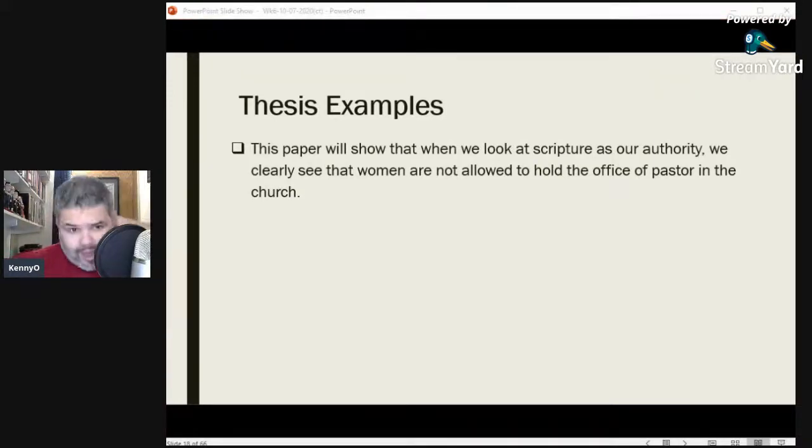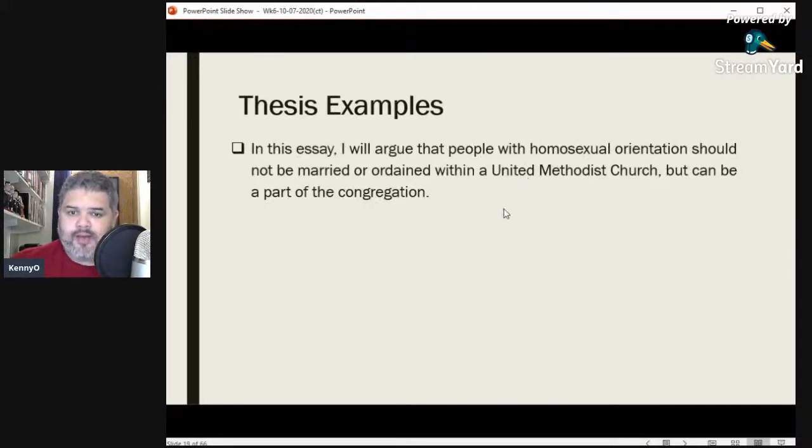I think these were A- papers in my class. Both were well done. These are good thesis statements and good papers. I'm not asking you to agree with me on the topic. That's not the point. The point is I want you to set forth a thesis statement, and I want you to defend it in your paper. And that's what a good thesis paper should do.